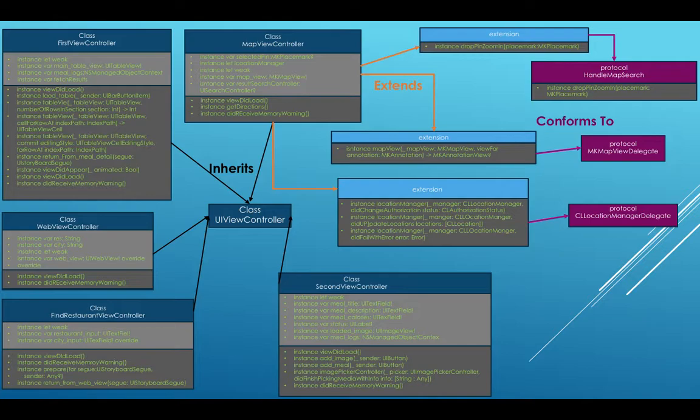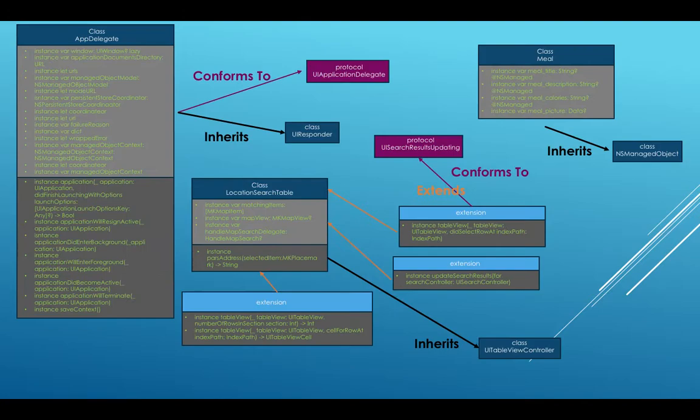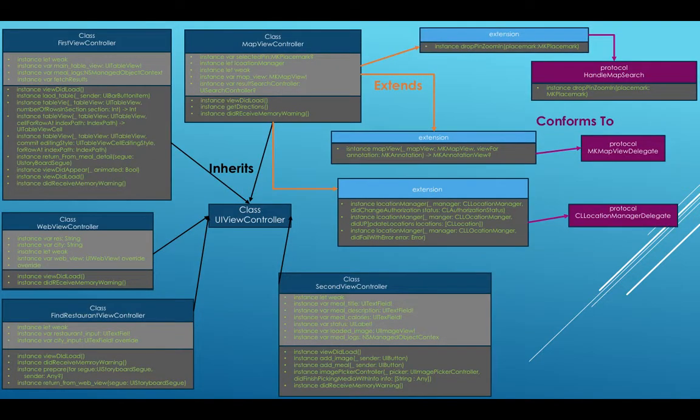All right, so I'm going to quickly run through the class diagrams. I'm going to have to run through it quick because this is 2 pages long. So first of all, I'm going to start with the first view controller. And this class describes that first tab I showed you, which was the list of all the meals that you've entered. And there's nothing really that insane going on here, but the only thing that stands out is that it has a function that fetches results from core data. And everything else is pretty standard when you use core data and segues,